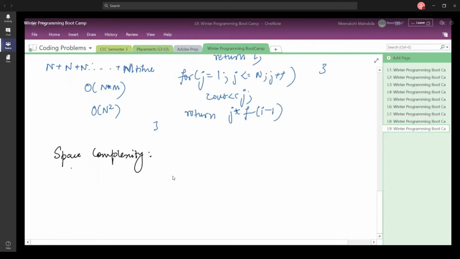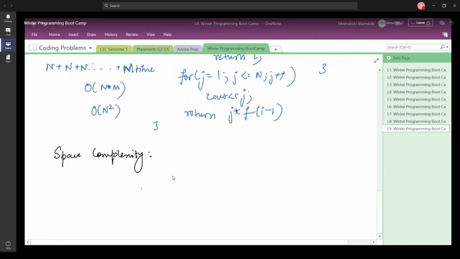Whenever you run a recursive function, for example, it is going to take up space in the stack. If you remember, we discussed that for any particular process, you are going to have a stack space, right? And the stack is going to store, do you remember the process image in memory that we discussed in our first class for the boot camp, where we saw that all the local variables and the pointers are going to be stored on the stack?